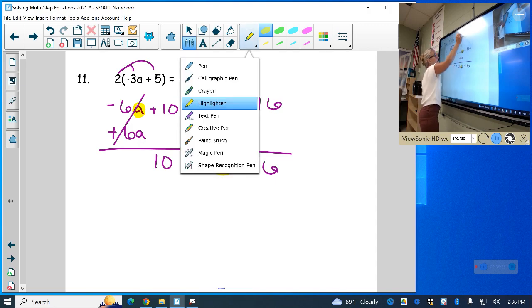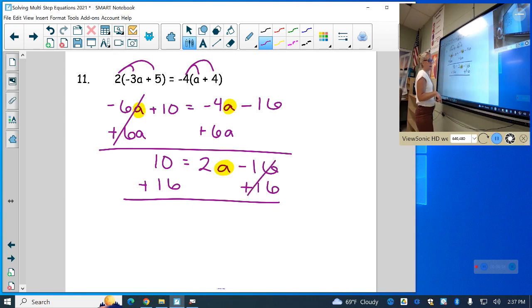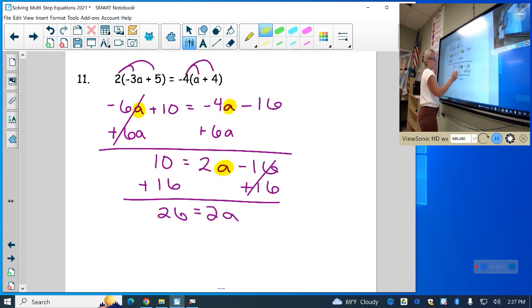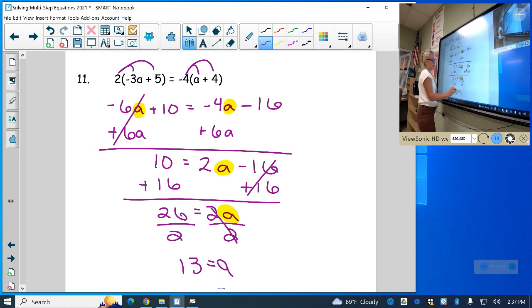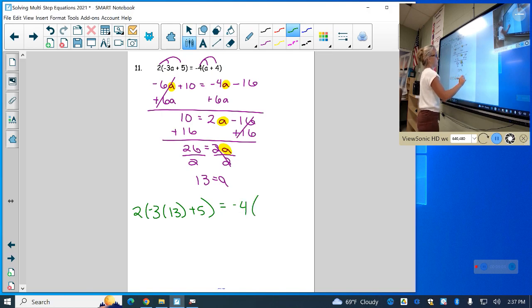So here's my A. I'm going to add 16, because I'm going to get rid of subtraction and addition first, because we're solving an equation for A. 10 plus 16 is 26. And now how do I eliminate 2? Divide by 2. So I divide by 2, so I have 13 equals A. Go ahead and check your answer. So I have 2 times negative 3 times 13 plus 5 equals negative 4 times